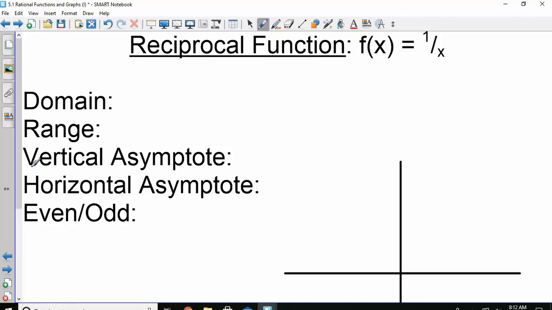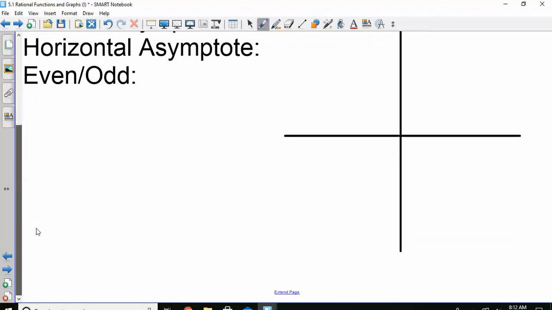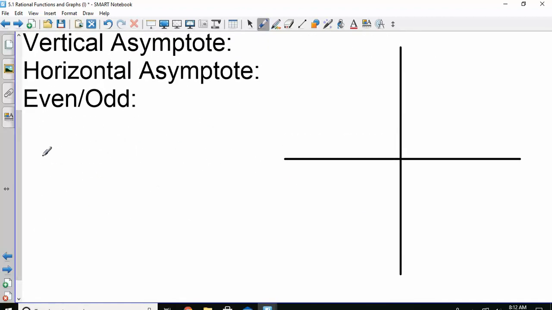The first one I want to look at is the reciprocal function, 1 over x. Let's just do a t-chart and kind of graph this, and then we'll answer questions about it. Okay, so if we plug in a 1, we get out 1 over 1 is 1. If I put in a 2, 1/2. If I put in a 3, 1/3. So if I plot those,